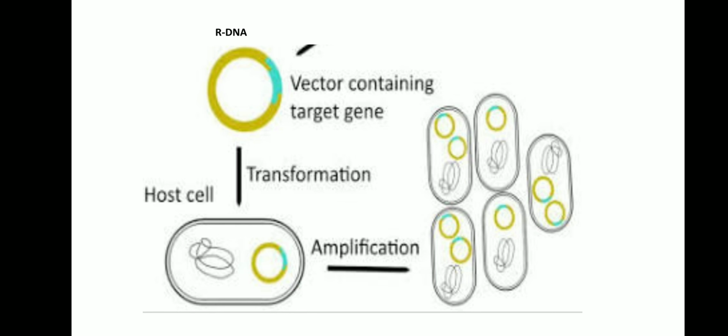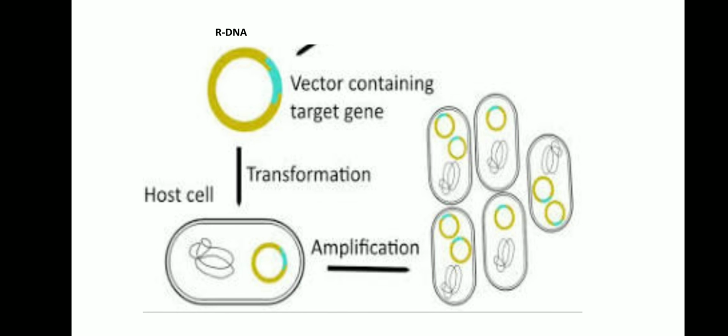Here the recombinant DNA occurs. Recombinant DNA is transferred into the host cell for the purpose of cloning. Now amplification occurs and a large number of recombinant molecules are produced with the help of the host cell. Most commonly, E. coli is used as the host because it is easy to culture and handle in laboratory conditions. We can use E. coli cells as a host organism.